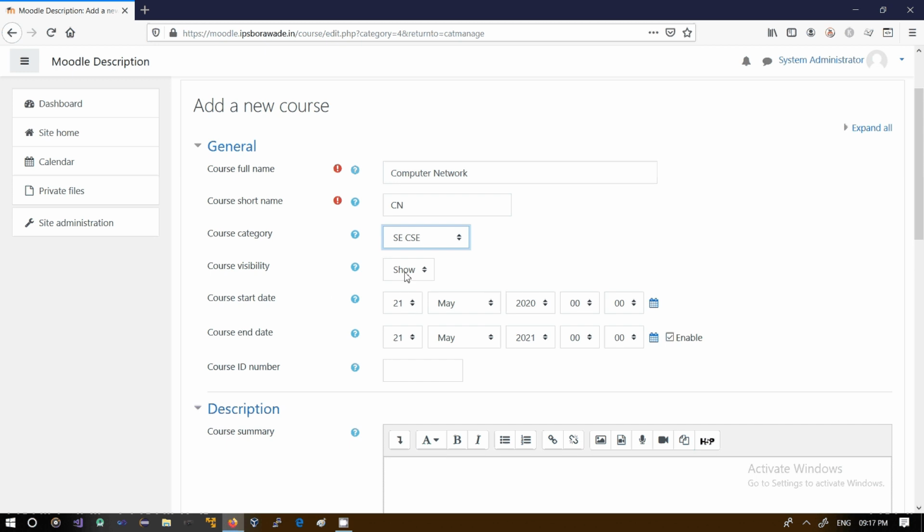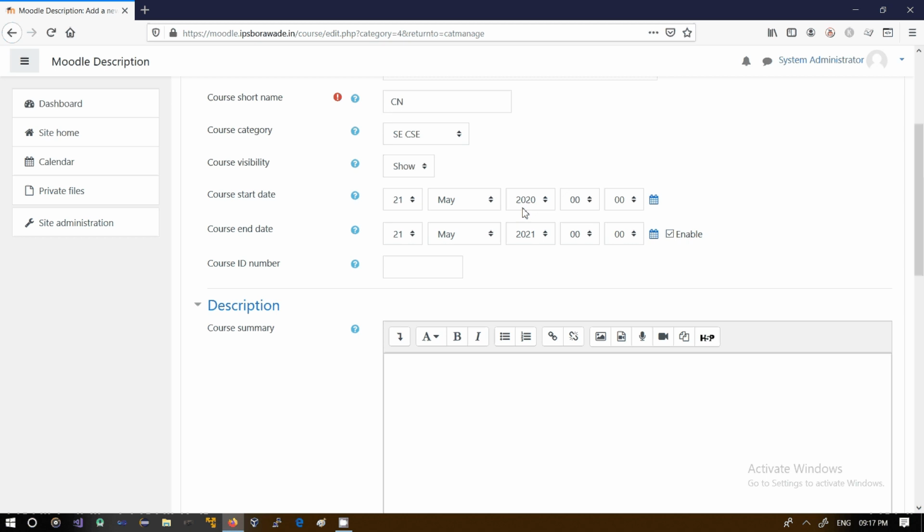Do you want to show this course, or hide it? Under the course visibility you can choose whichever option you want. If you want to show, click on show. If you want to hide, click on the hide button. Right now I want to show this course, so I will make it show. Then the course start date and course end date. You have to mention when you are going to start this course and when it will end. If you want to mention any course ID number, you can mention it here, and the description